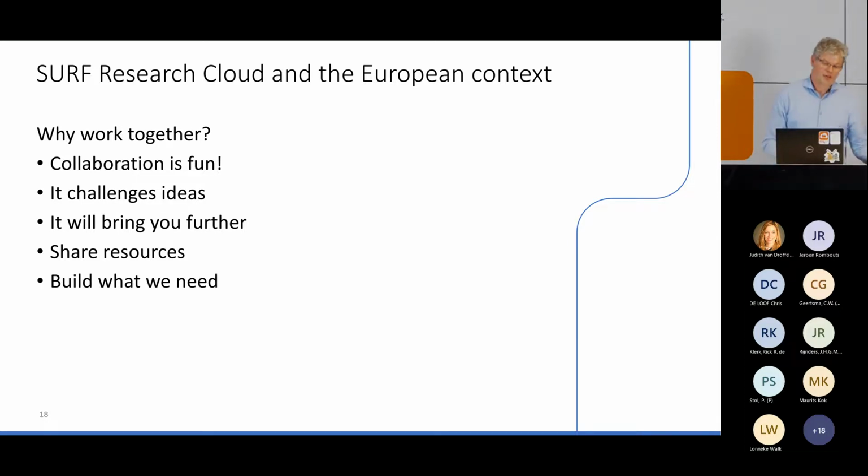And last but not least, in this way we can build what we need. What I also sometimes see is that we buy something with a lot of features that we don't need, but now we can really look into things that we need for research, and that's usually different than for an enterprise setup. To talk a little bit about that,